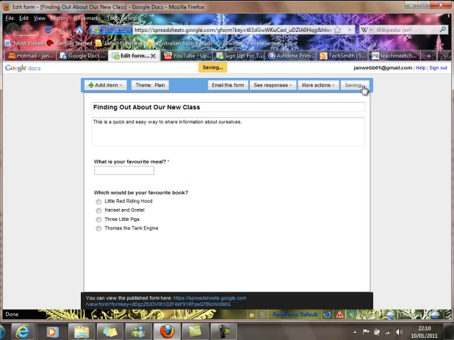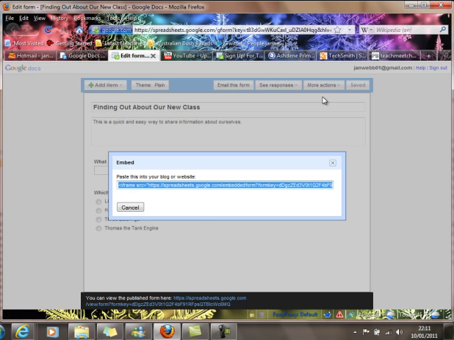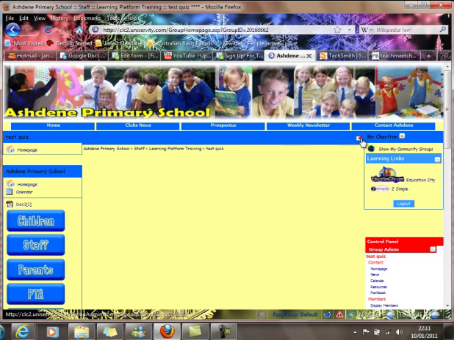So I can save my work, and that will save automatically in my Google Documents, and any responses will automatically go to my Google Documents. I can go to More Actions here, and you can see that I've got an Embed option. And I get a code when I click on here. It's an iframe code. If I right click on it, I can copy it, and then when I go to my class page and click on my edit button,